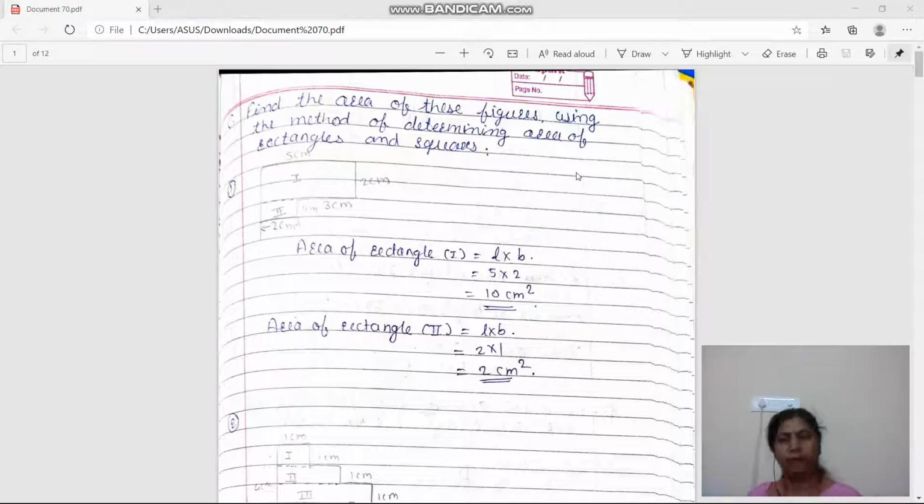So the chapter area and volume. What have we studied up to today? Perimeter. Then we studied the area with the help of a square grid or graph paper by counting the squares, right? Then we studied two formulas to calculate the area. First, area of rectangle is equal to length into breadth, and second, area of square is equal to side into side. Okay, so we have completed 8.2 up to B.